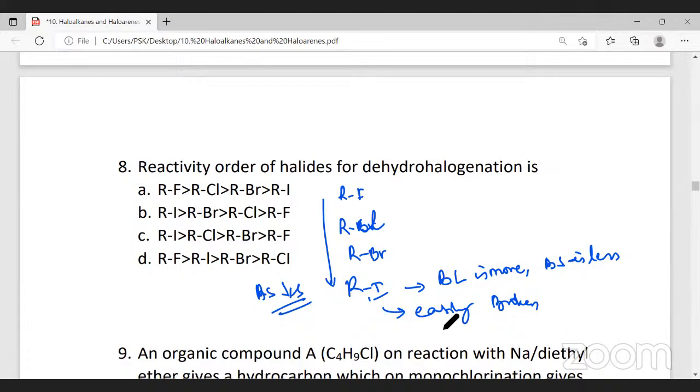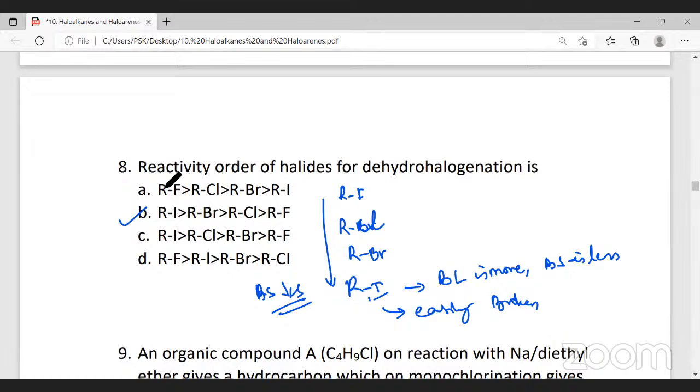Therefore, the answer for this question, the reactivity order of halide for dehydrohalogenation, is that RI will be more reactive because this can be broken easily. So RI will be more reactive compared to RBr. RBr will be more reactive compared to RCl, and RCl will be more reactive compared to RF. Hence, the answer for this question will be option